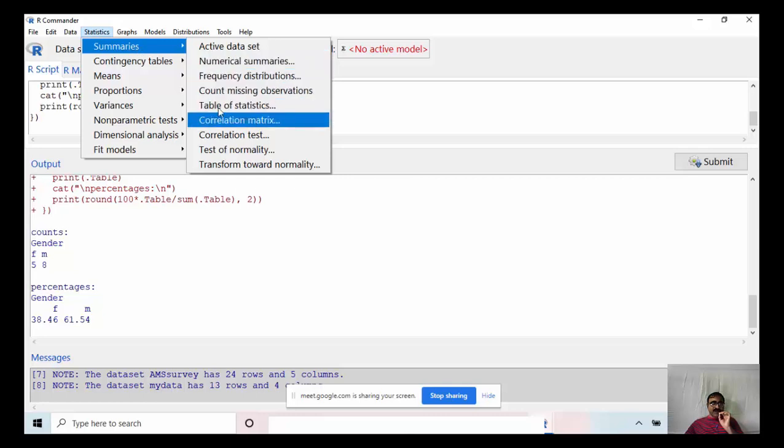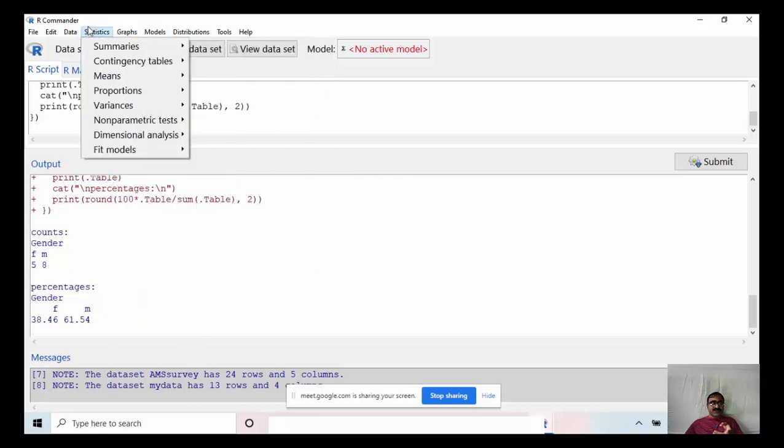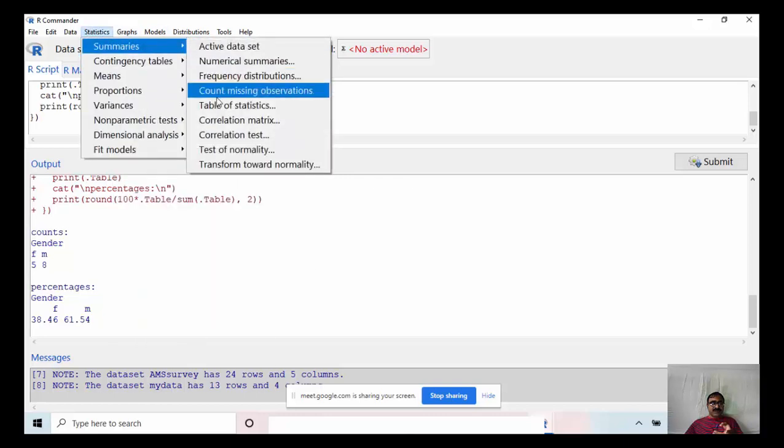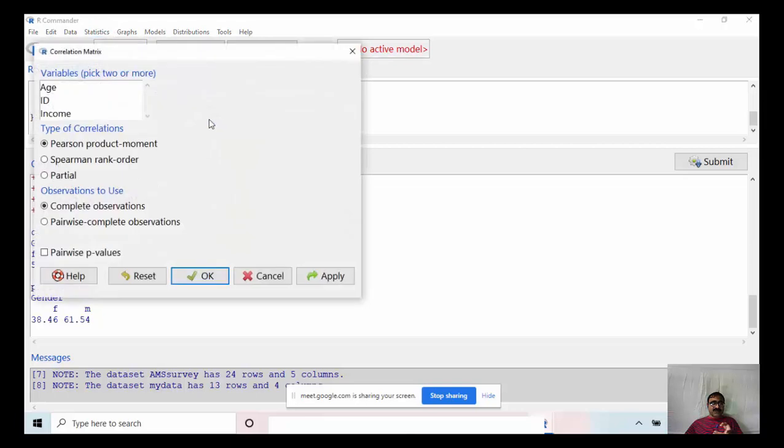Now I want to find, suppose, the correlation. What is the correlation between age and income? So two variables. Just select summaries, correlation matrix, select age and income.